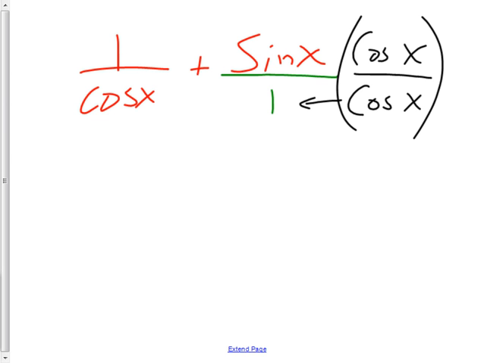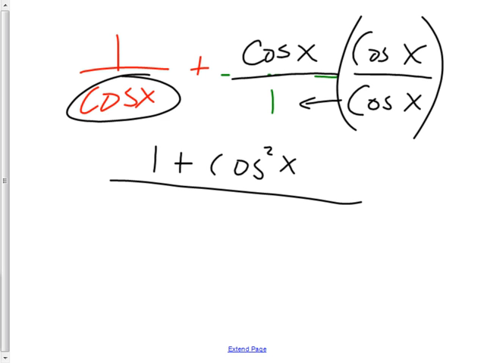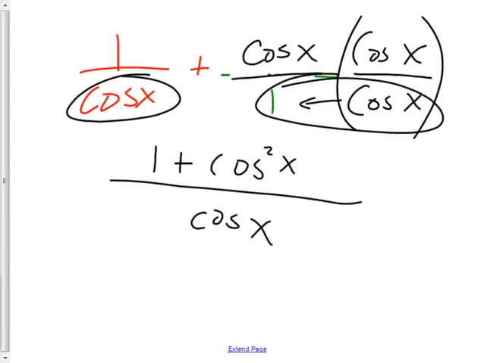All right, I'm going to cheat and change this up here to cosine. It could have been sine, it's fine, but if I make it cosine, then here's a typical scenario. Now I've got the bottoms are both cosines. The top is 1 plus cosine squared x over the bottom is cosine and a cosine, so the bottom is cosine. And whenever you see this kind of a thing,